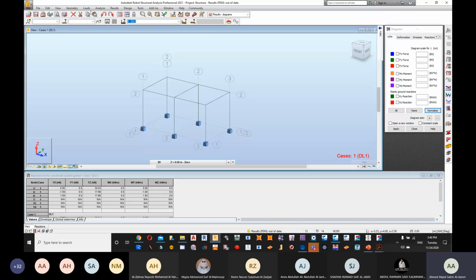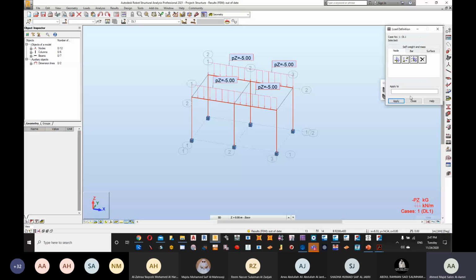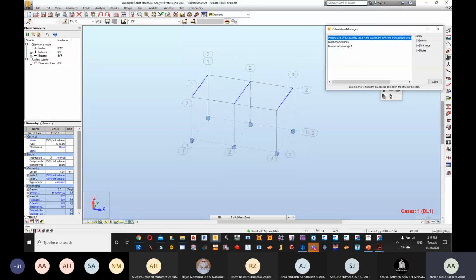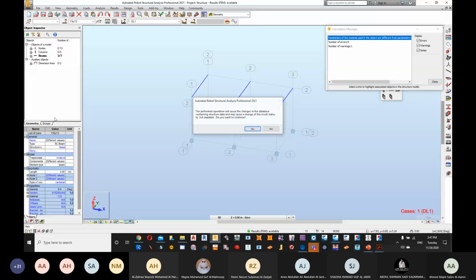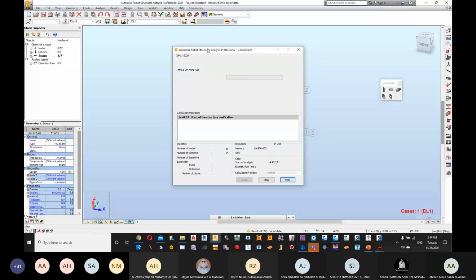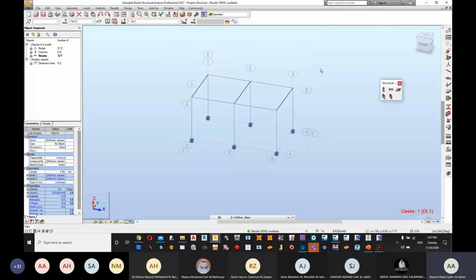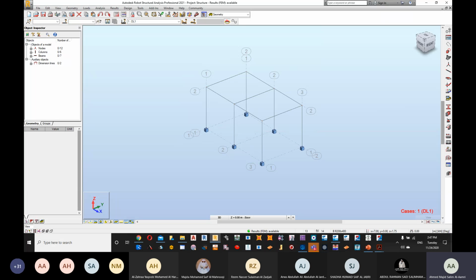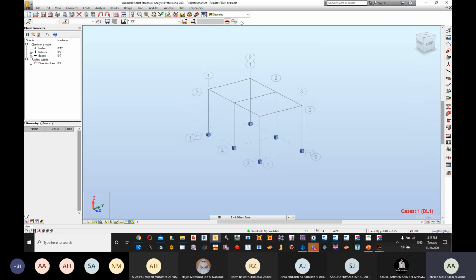So let us try to have a loading. You can see that these have already been loaded, so -5 here, here, and then here. Then we'll calculate once again. Change everything to C30. Okay, so now we have modeled these beams and columns, and we want to see what is happening. So we'll go to results,